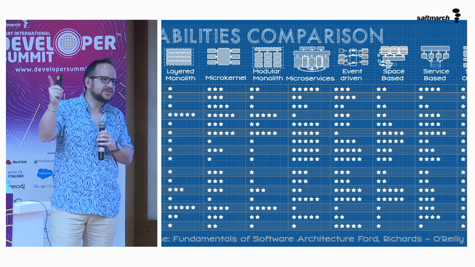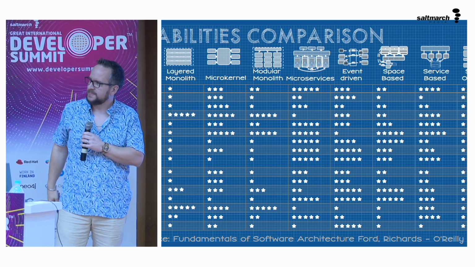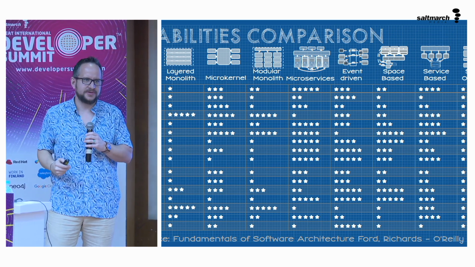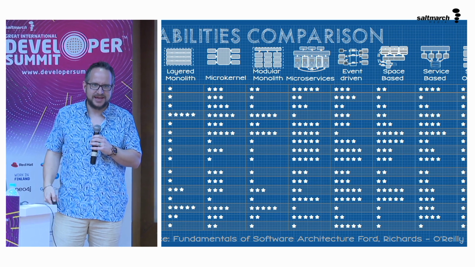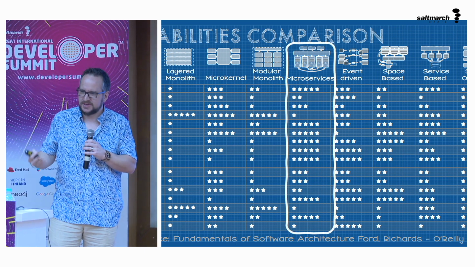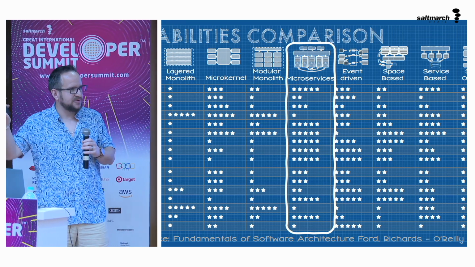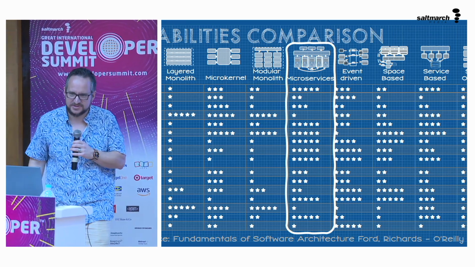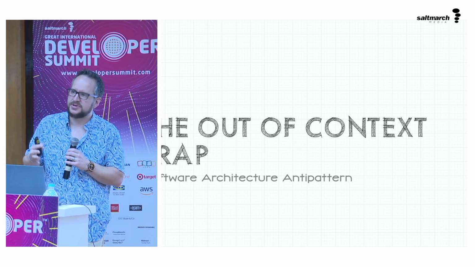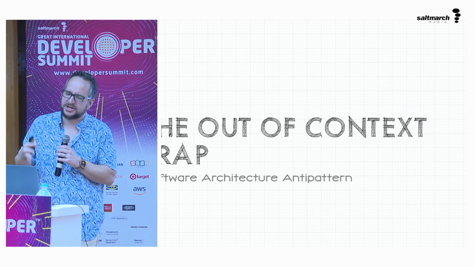But based on these scores, do you see a clear winner? Do you see a clear winner in terms of the scores? And yeah, generally we see this again and again, microservices. Let's build microservices. We should build microservices. But this is another formal software architecture anti-pattern,